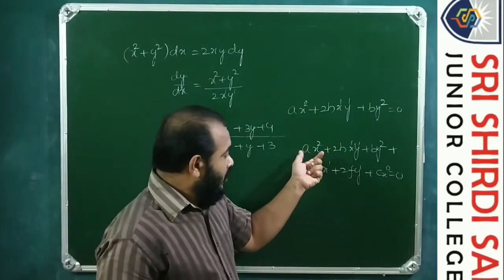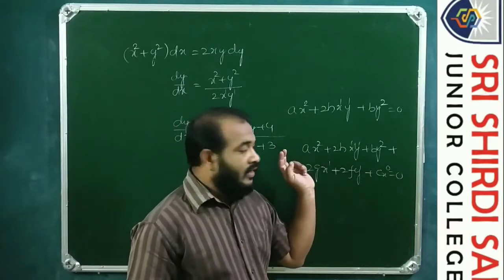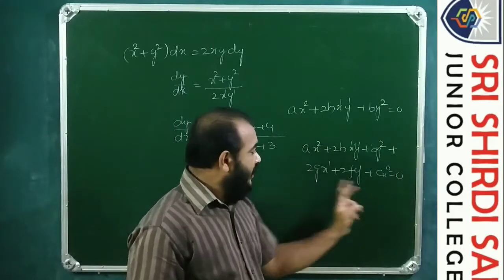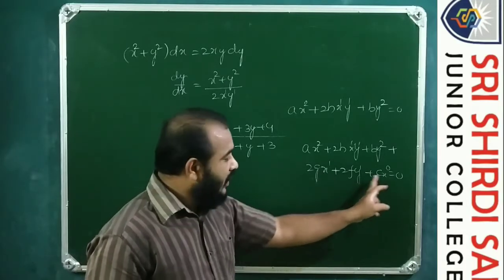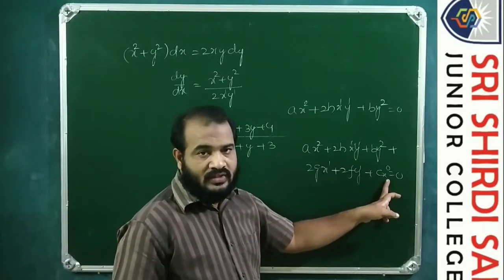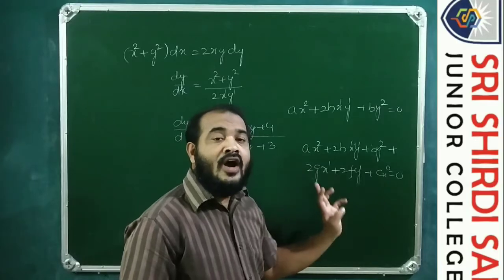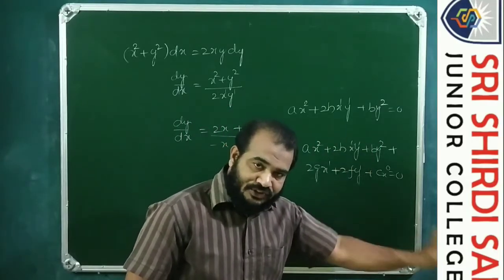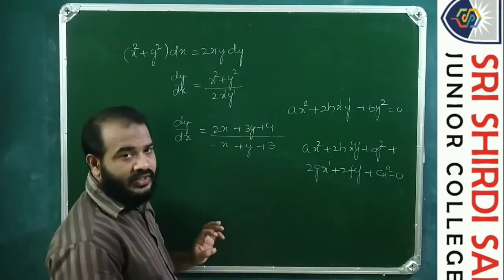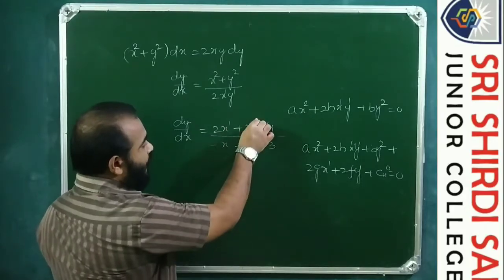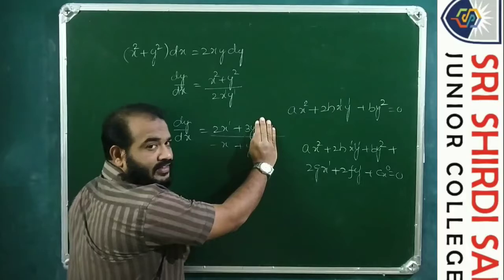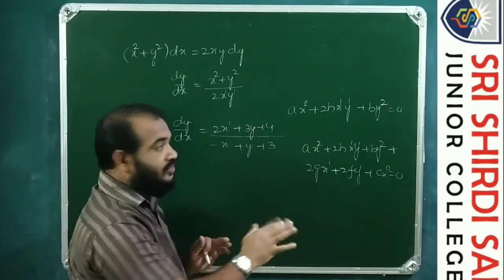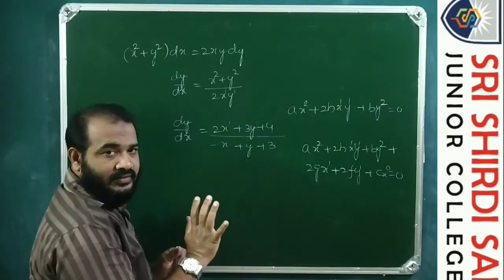So first 3 terms that the power is 2, and the next 2 terms the power being 1, and here the power is 0. So this is a second degree non-homogeneous equation. Like this here also, see, this is x power 1, y power 1. Had it been the case like this, then yes, it is also a homogeneous differential equation like this.